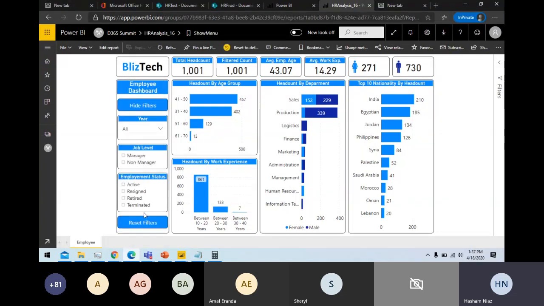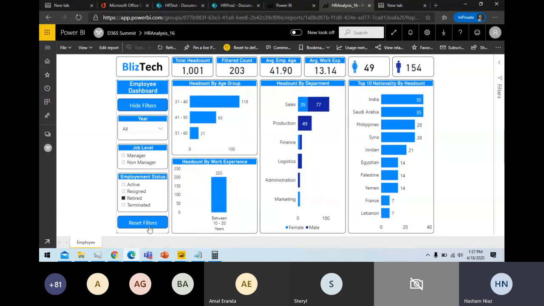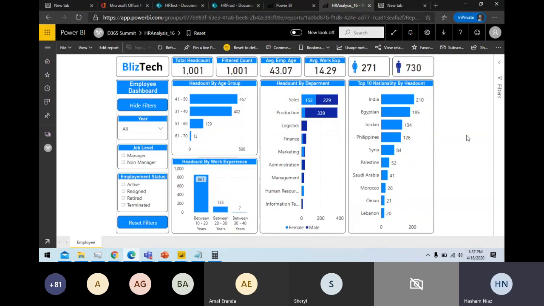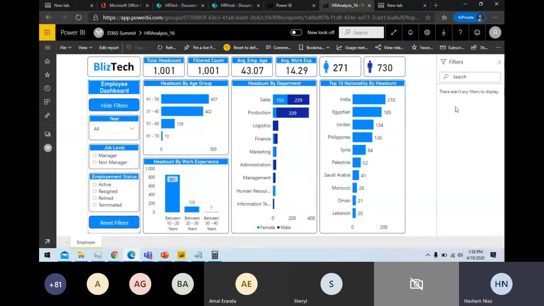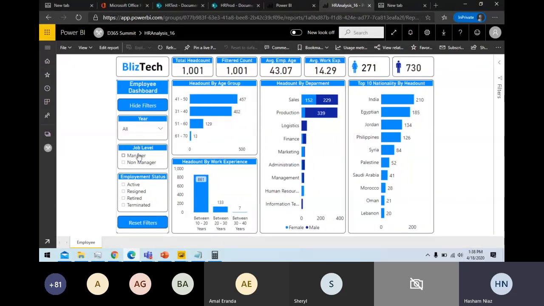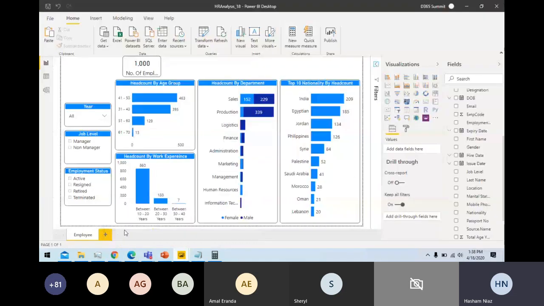And if they want, we can reset it as well. Like if I have this particular thing as retired, if I want to reset the filter, I can reset it as well. So I'm trying to create a dynamic slicer pane. You can do it here as well, but then it will not match that particular theme. So that's why I'm using this here. Hope I answered your question.